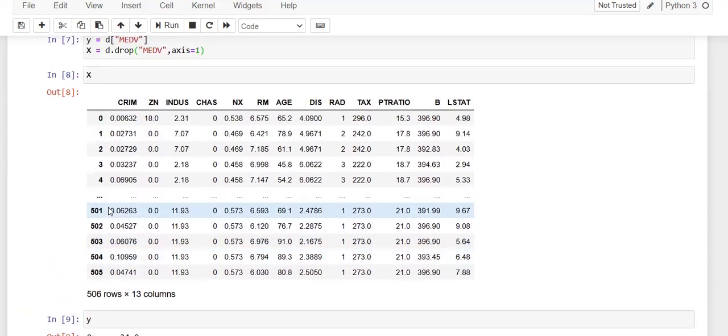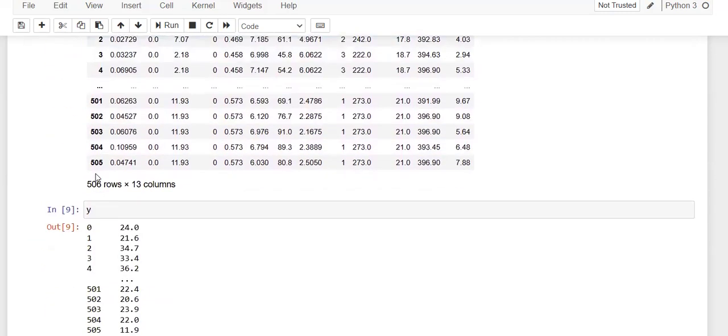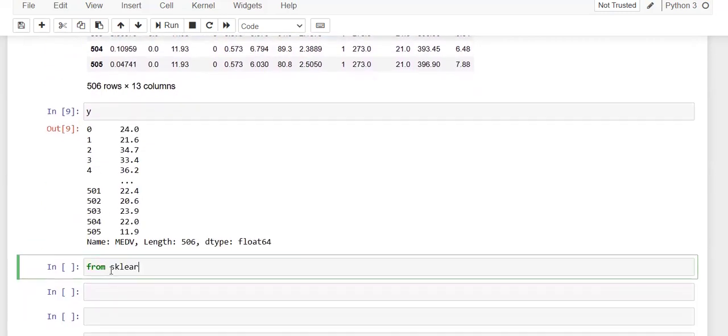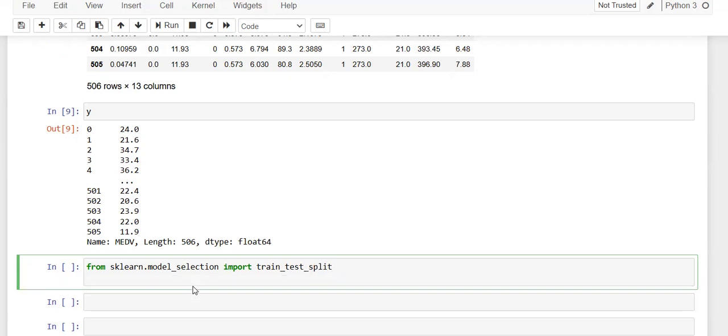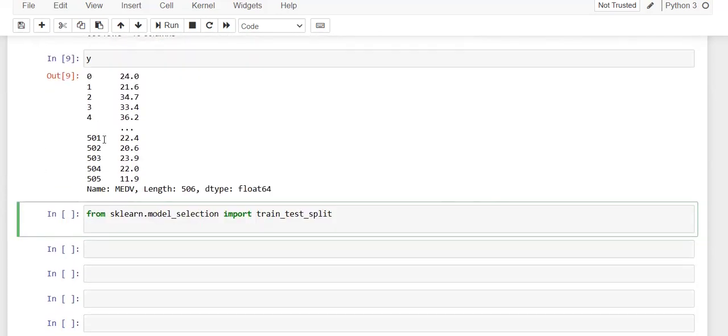Before using this input and output data to train my model, first I need to split this data set into training and testing purposes. For that, I have sklearn.model_selection. From this, I want to import train_test_split. This method provides the facility to split the data set into training and testing. By passing the input values X and the output Y that I want to use, and providing the test size, that is 20%, let's consider 0.2,